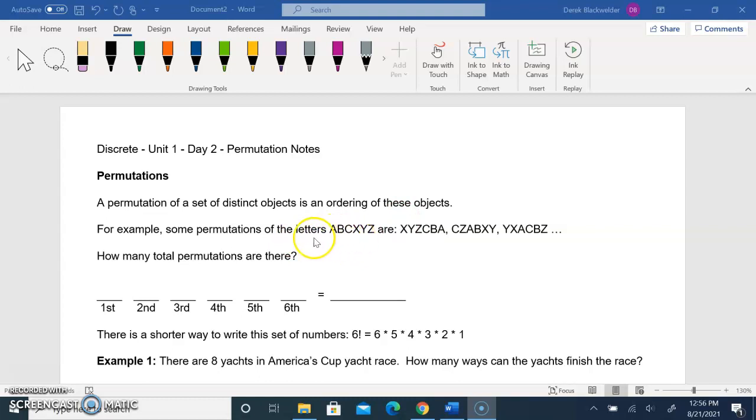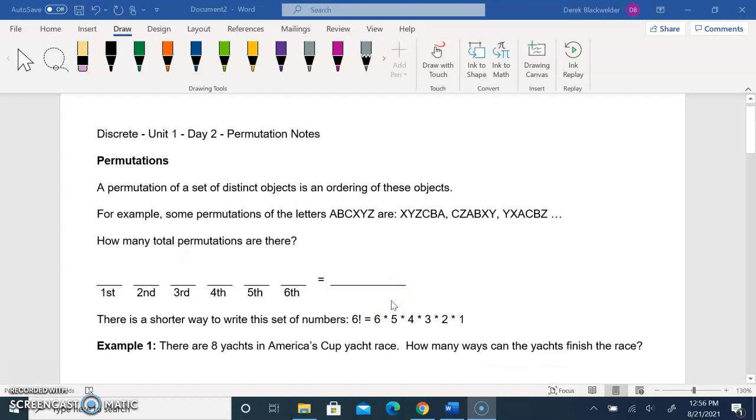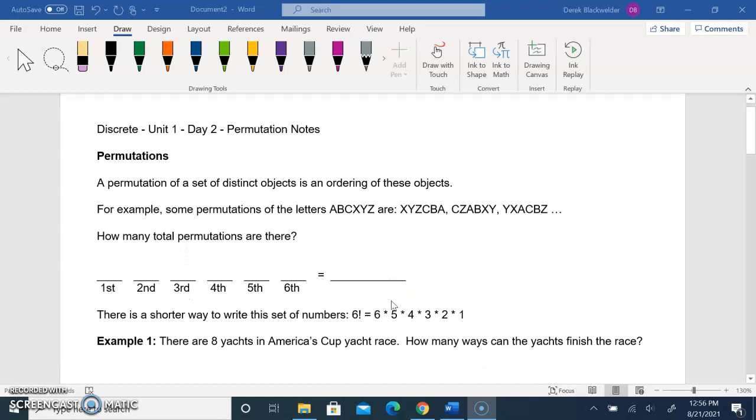So if we have these letters A, B, C, X, Y, and Z, we want to figure out how many ways I can rearrange those and then count the number of ways that I can rearrange those. So X, Y, Z, C, B, A is one way I can rearrange those. C, Z, A, B, X, Y is another way, and so on and so forth. So we want to figure out how many total permutations there are. So the way that we do this is we take into account the product rule that we talked about in